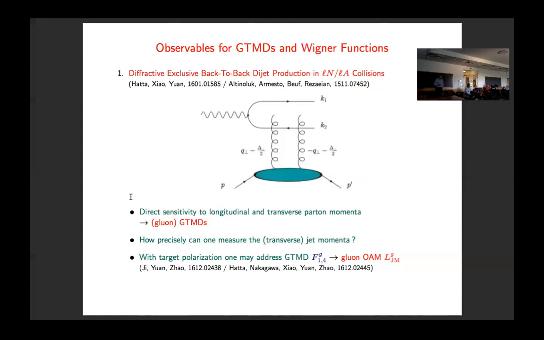And then, you were not here when I talked about the TMD, because we did this with the gluon TMDs. The biggest issue is actually the smearing due to hadronization in the jets, that you need to unfold. I don't think that the problem lies in measuring the proton. The problem lies in unfolding the hadronization effects on your jets. We published this paper not too long ago on this, and I think that is actually the bigger challenge than the proton. These guys make a lot of progress here. We're in good shape.